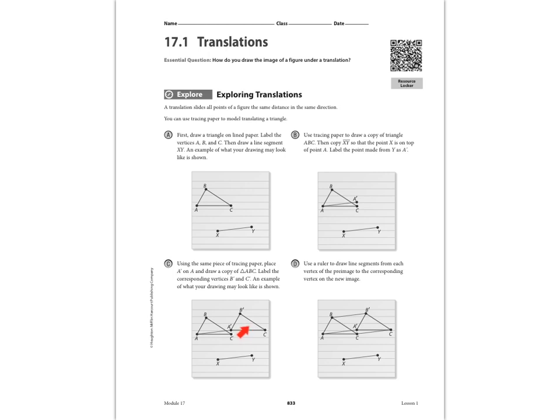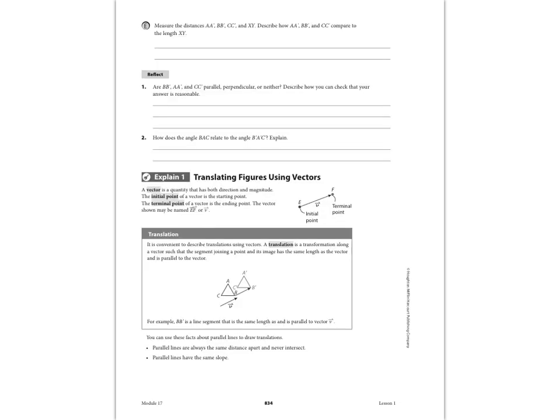You see it's the same size. It preserves length and angle measure. It doesn't change any orientation, right? It doesn't rotate or anything like that. It's not flipped, because we're going to be dealing with the rotations and flips in the next couple lessons. On the next page